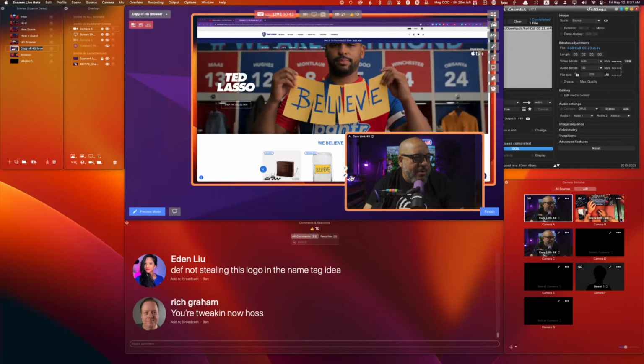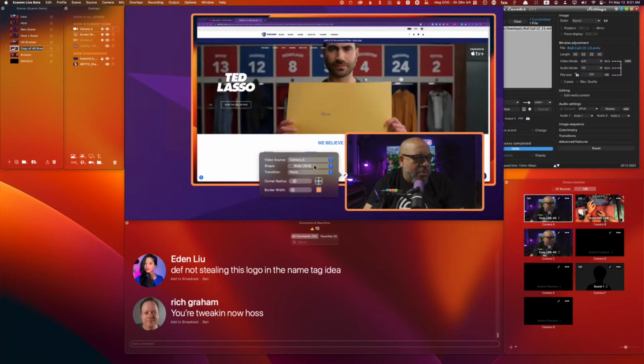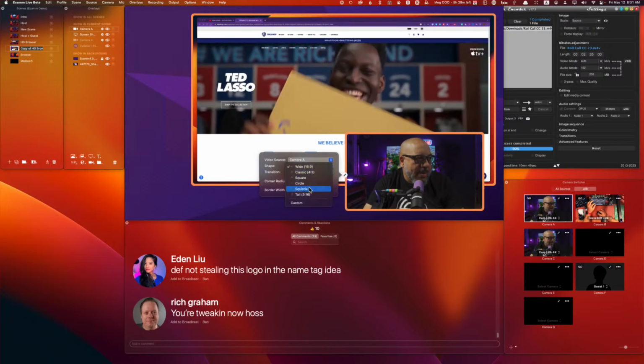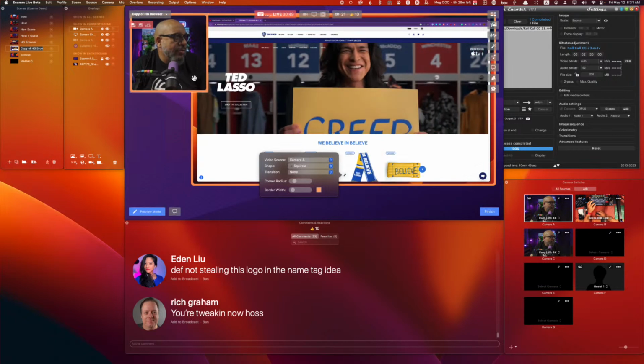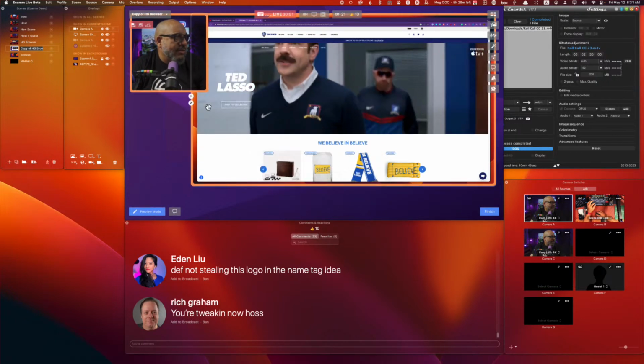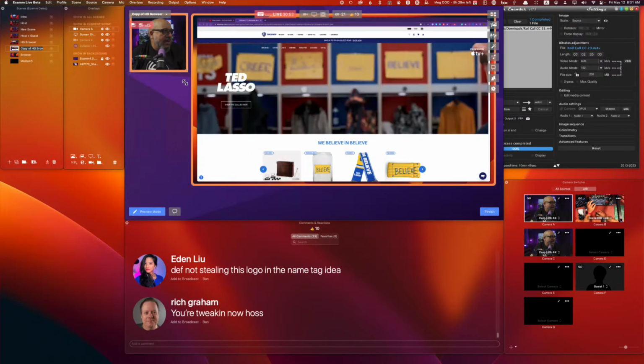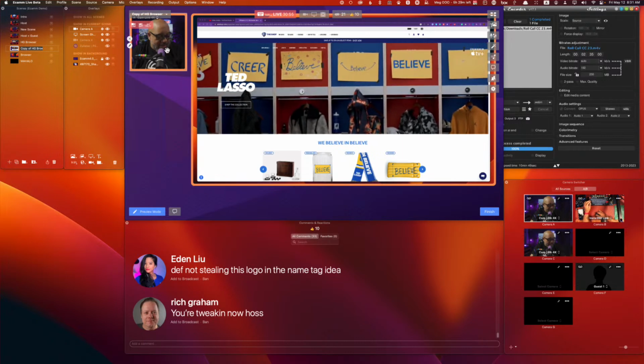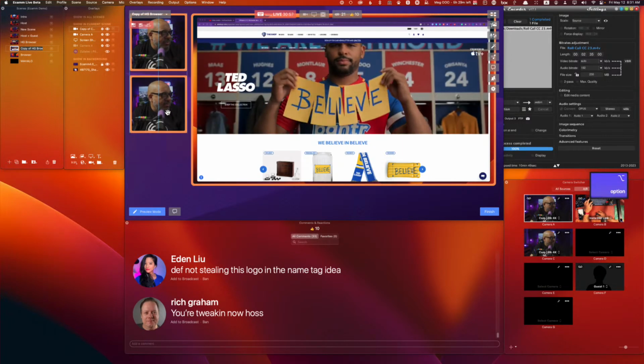Pop on the camera, switch it to Squirks. Throw it up in the corner like such. And add about that much embiggen. Hold down the Option key, pull it down,